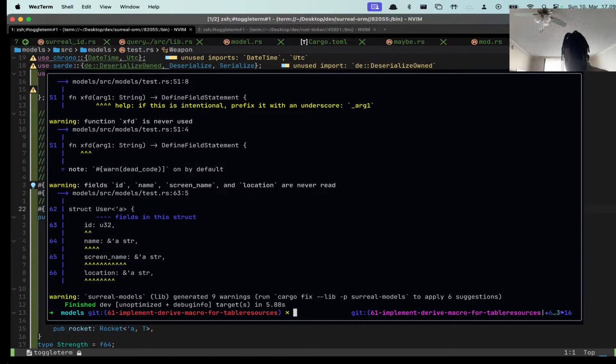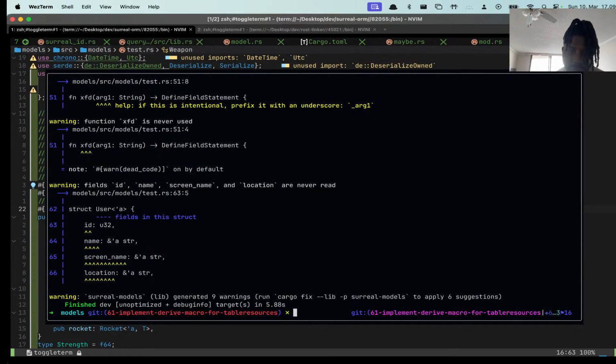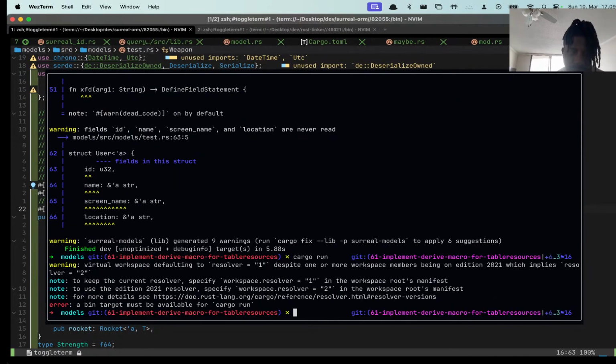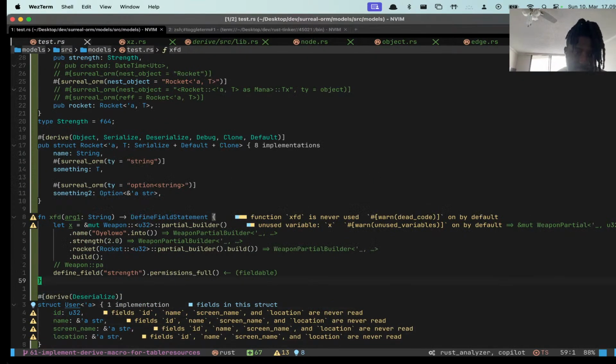Okay, as you can see, this compiles now, and that is good. It's not a binary, so let's try the